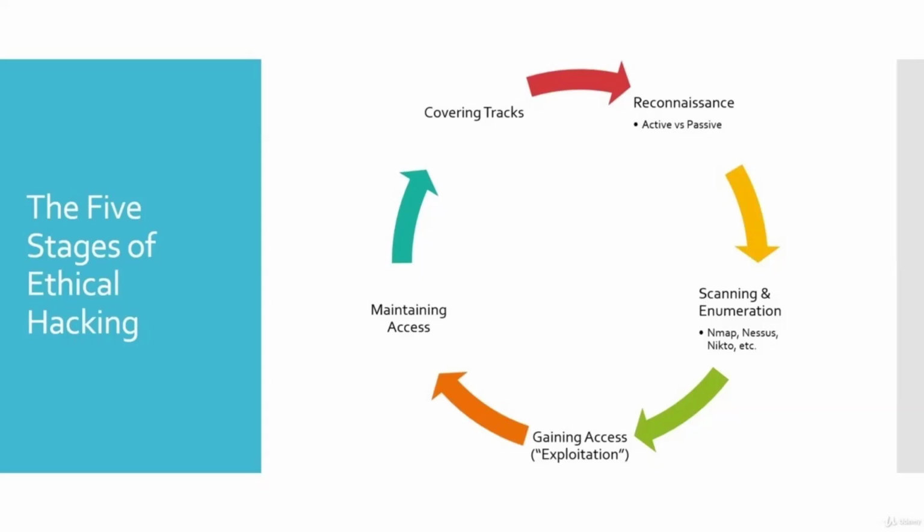During the rule of engagement phase, the clients may have told you that the things in scope are a web application, a mobile application, a domain name, or an IP address. They have given you the list of things in scope, or even if they have not, they may have told you what to look for. You may already have a list of the things you should be testing. In the reconnaissance phase, that is where you look for everything and anything that's going to help you during the course of your engagement.